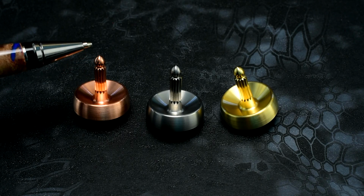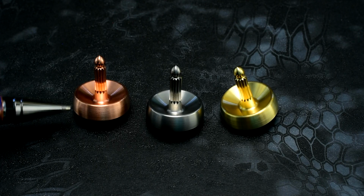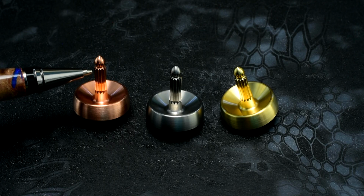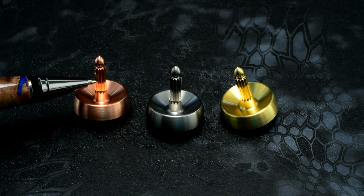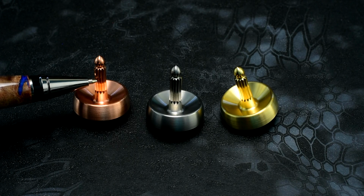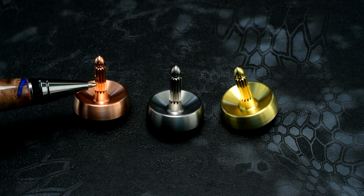Well, the longer you make the stem and the bigger you make the stem, the higher the center of gravity. So we wanted to remove a lot of weight, and that does two things. Obviously, it removes the weight, and number two, if you look at the depth of these V-grooves, you can see what I'm talking about here. It removes all that weight, but it allows your skin, your finger, to get down inside there and create more